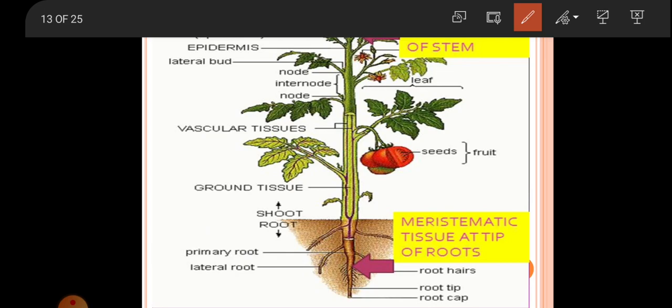And the second function is to perpetuate itself, to remain in the form of original embryonic cells by maintaining a small population of undifferentiated dividing cells. The SAM contains a small number of dividing cells that gives rise to all other tissues in the primary shoot, including stem, leaves, branches, and flowers.